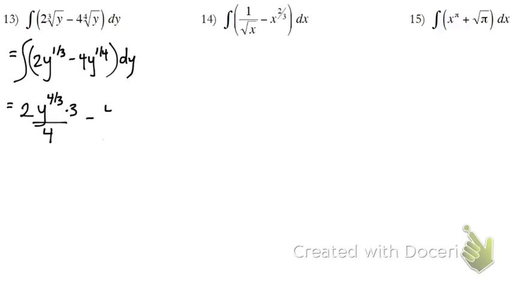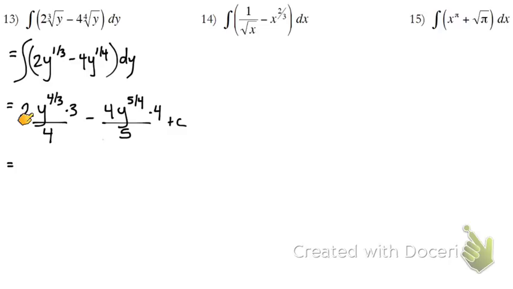For this next one, the 4 is a constant multiple. Y to the 1/4 bumps up to 5/4. And then divide by 5/4, multiply by 4. Since we're dividing by 5/4, instead I'm going to multiply by the reciprocal. And then plus c. If I want to simplify a little bit, on this first one, 2 times 3 is